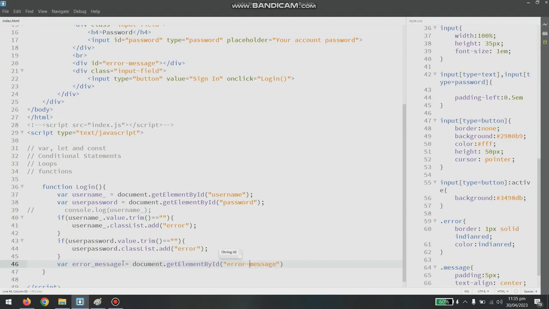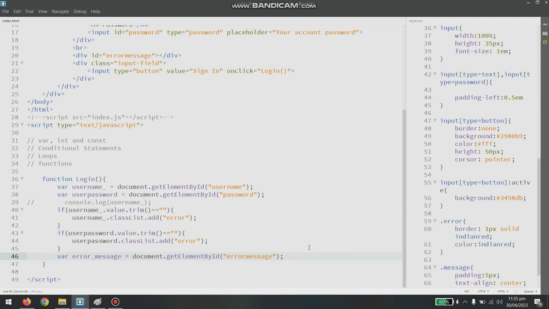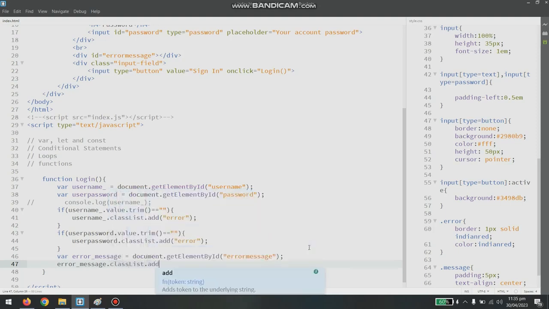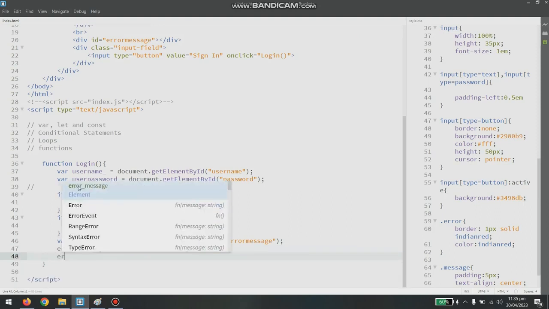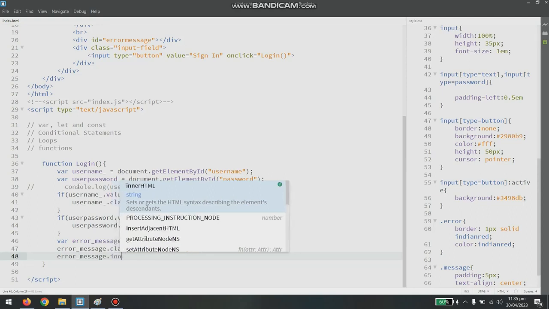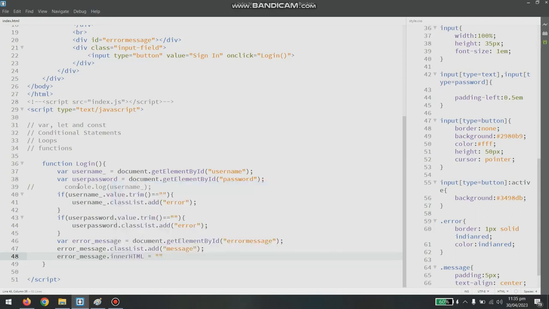I think calling it errorMessage would be better. Dash is not a good practice. Hyphen should be used for classes. So errorMessage.classList.add message,